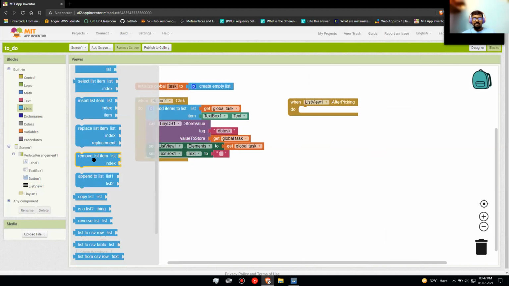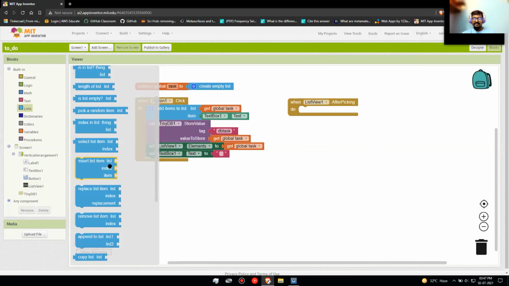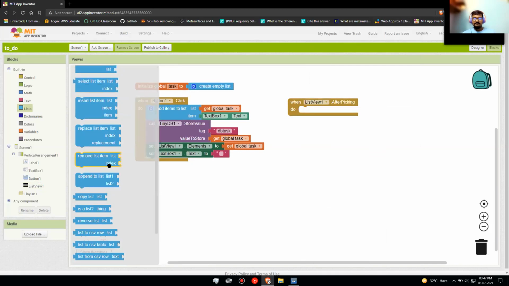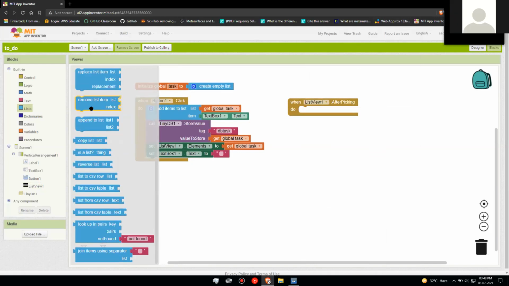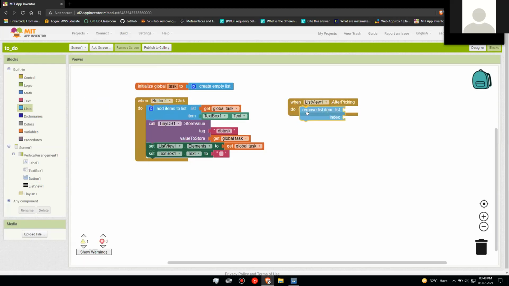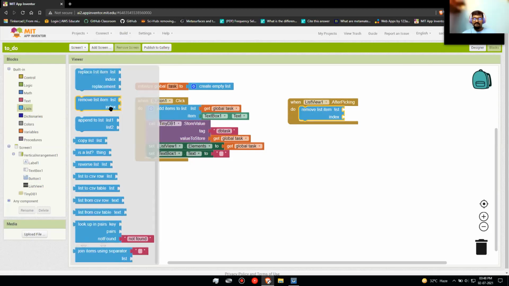So just go to remove list item, list and index. That is under list. Actually, the index in list thing, that tab we have to click. Yeah, remove list item, list and index. That's sort of there. In list, right? Yes, ma'am. List, make list, add items. Yeah, scroll down, ma'am. It's there.